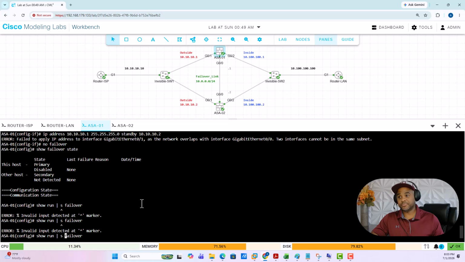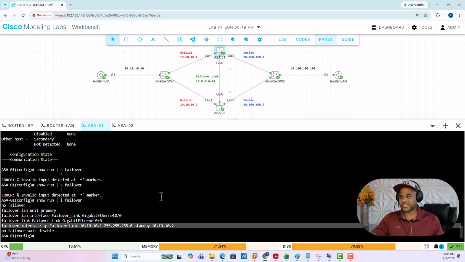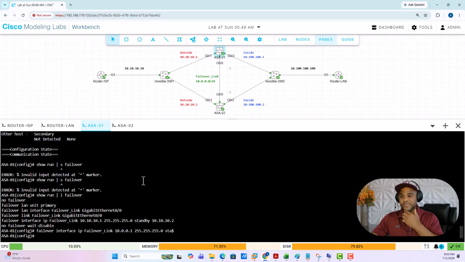Let's just do include. But actually, there's only the one command, this one, that we need to change. So let's see if we can do it. Failover interface IP failover_link 10.0.0.1. Apologies for pushing through too fast here. Got to slow down. But the thing that we're trying to get to is, especially, if this were